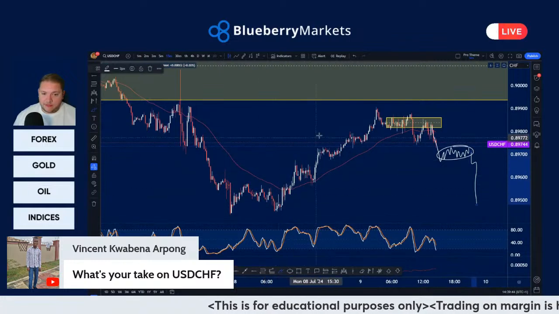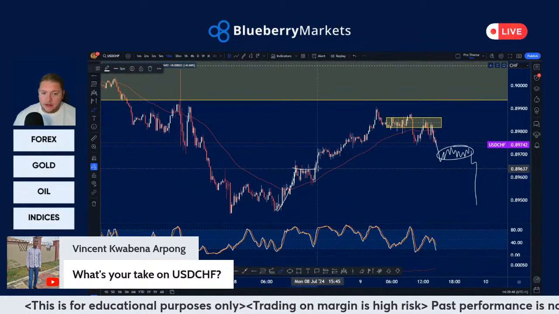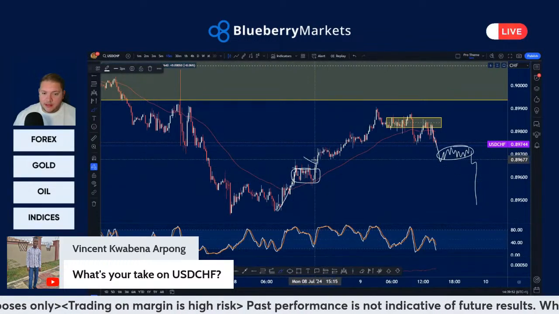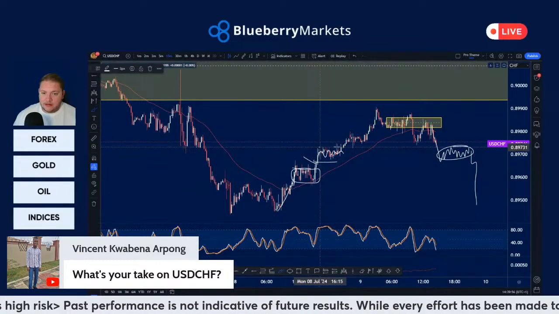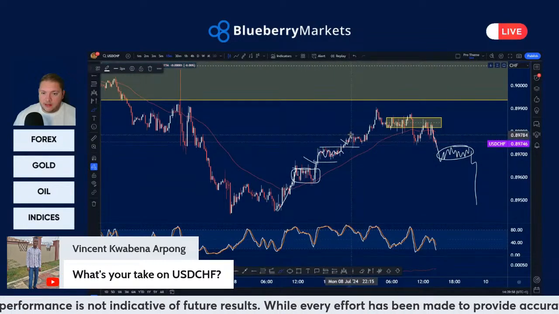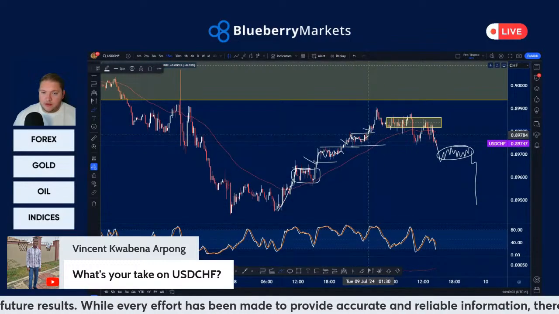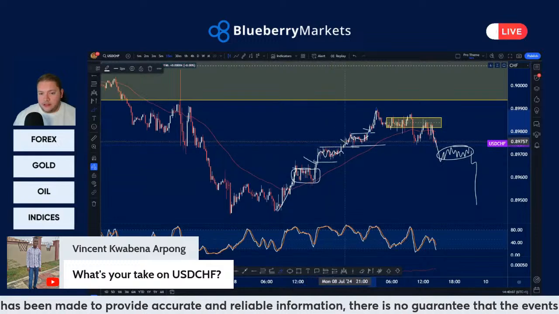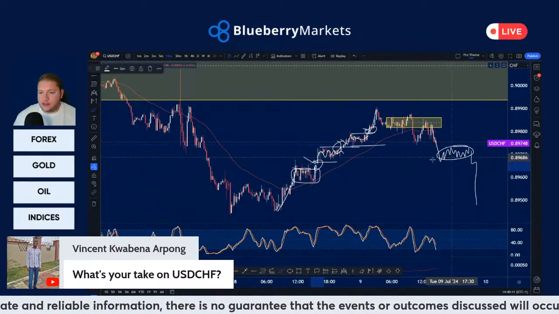Very easy to spot in hindsight, because you can see here the market rallied. What did it do? It went sideways. What did it do? It broke out. There's your long. Okay, market rallies, consolidates again. What happens? We break out. There's your long. Market moves, consolidates. What happens? Breaks out, moves to the upside. Okay, so all these breakout opportunities here are where I'd be looking to do business with the market